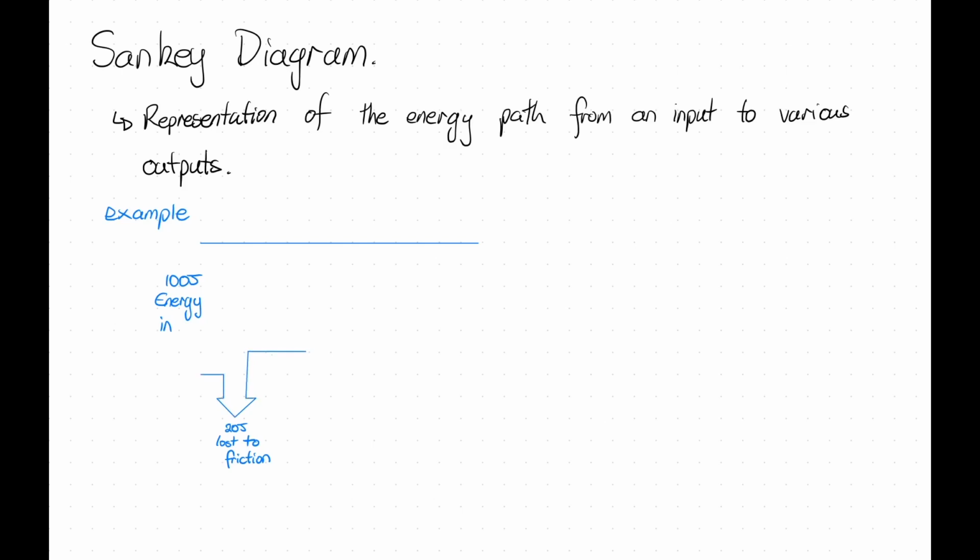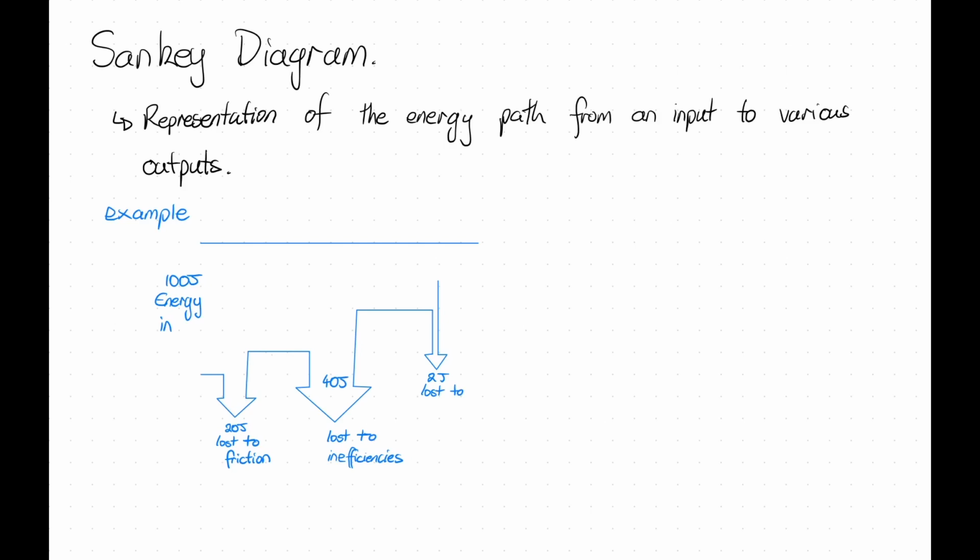Sankey diagrams are a way of visually representing that system. For the example that I've got here, I've got 100 joules worth of energy in. It could be from any range of situations. I've got, just for this example, 20 joules worth of energy going down, lost to friction, 40 joules lost to inefficiencies, 2 joules lost to the transmission, and that means that if we get our 100 joules, all our negatives,